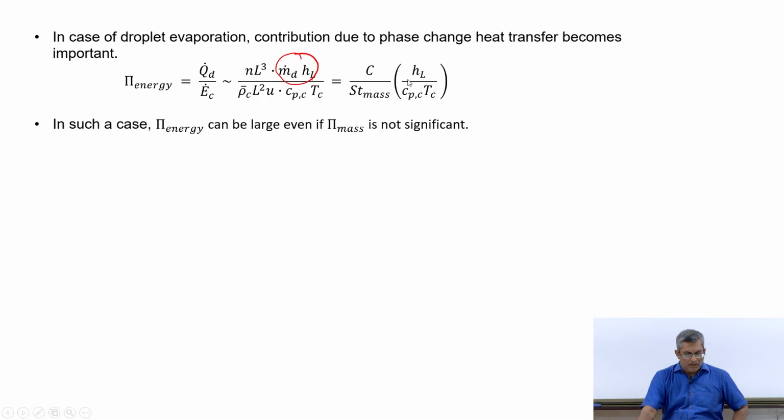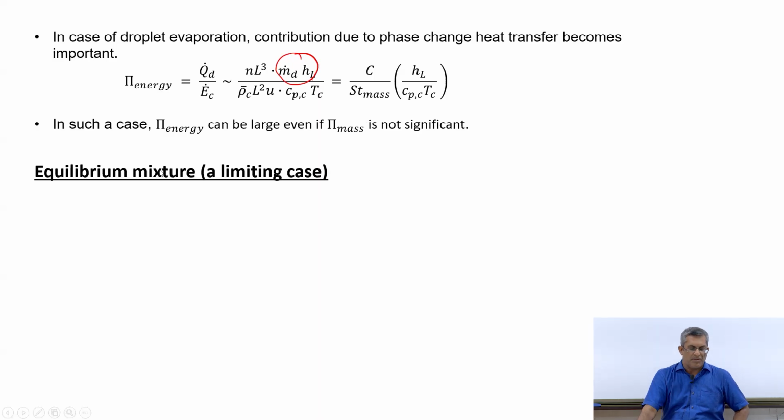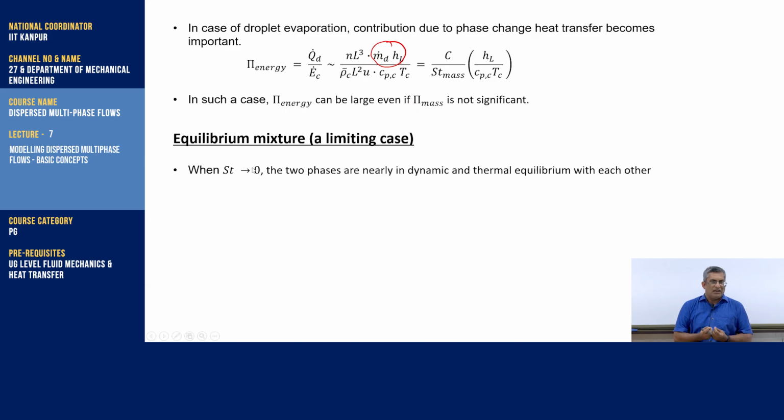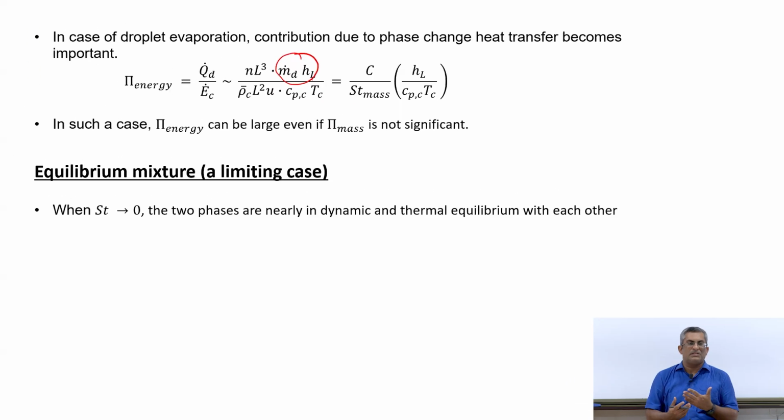Okay, so next we will see briefly an interesting case, that is the case of equilibrium mixture, which is a limiting case. This refers to the scenario that we just discussed, when Stokes number tends to 0. In such a case, the particles quickly achieve dynamic and thermal equilibrium with the carrier phase, because the Stokes number is small. They basically adjust with the carrier phase flow